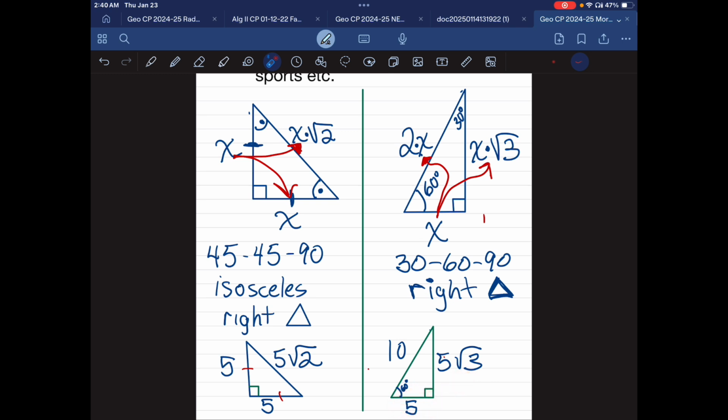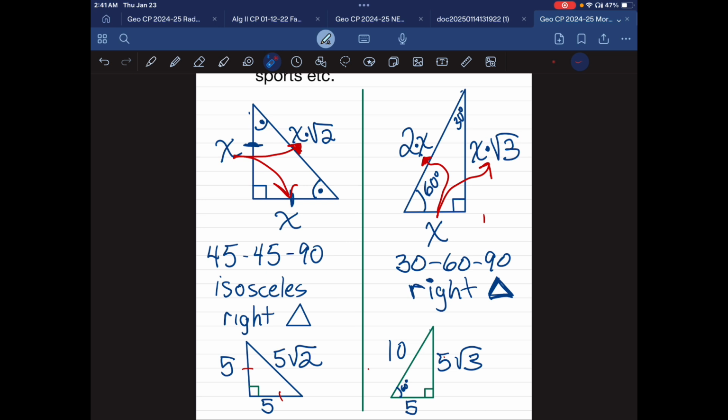You'll also notice this is twice as much as this, and that's just because this is actually half of a big triangle. So if this is 10, this is therefore half of it. But most people find it easier to do this work by starting small and going big whenever possible. Just like here,